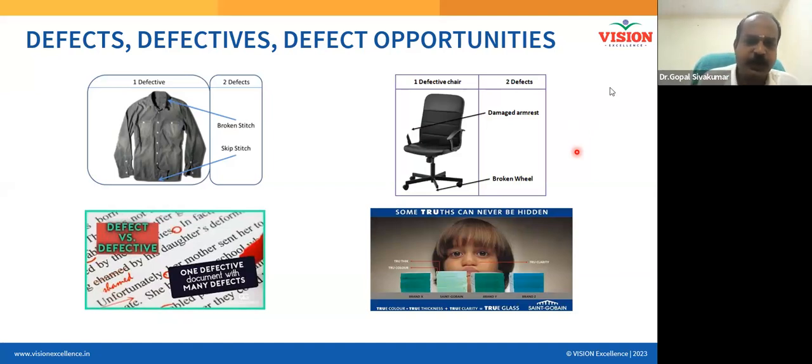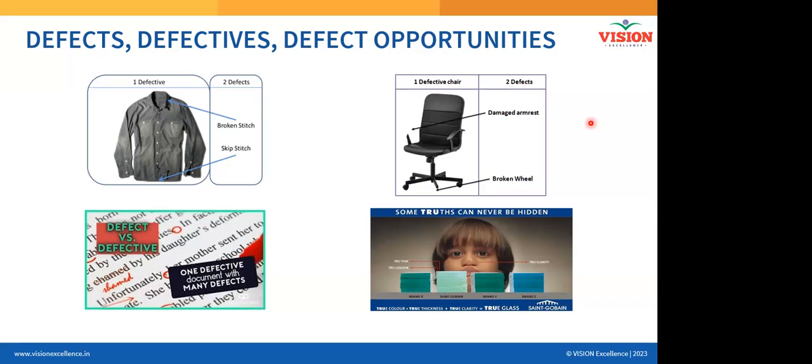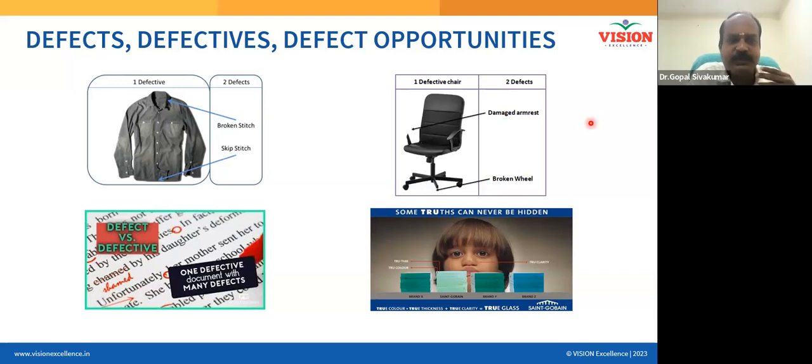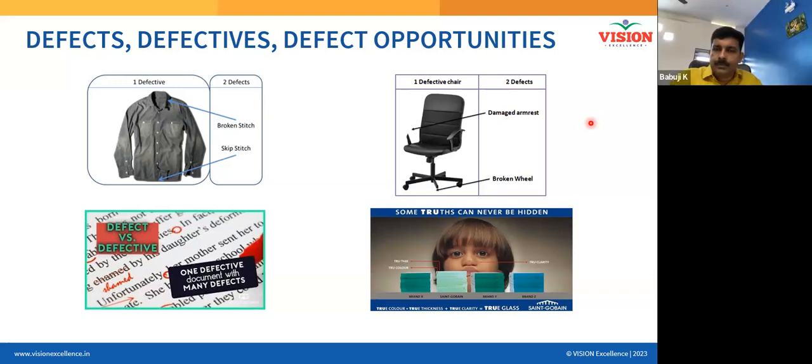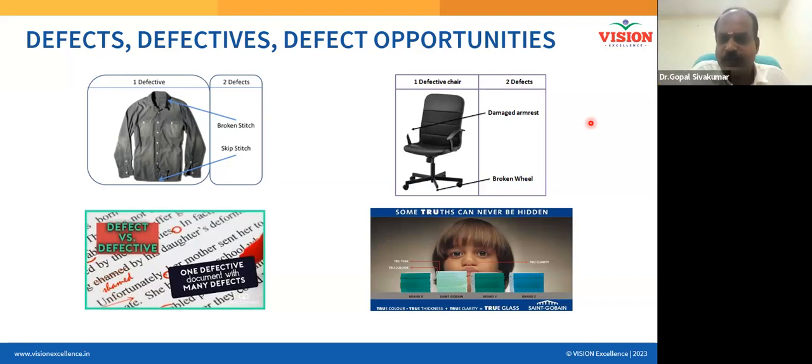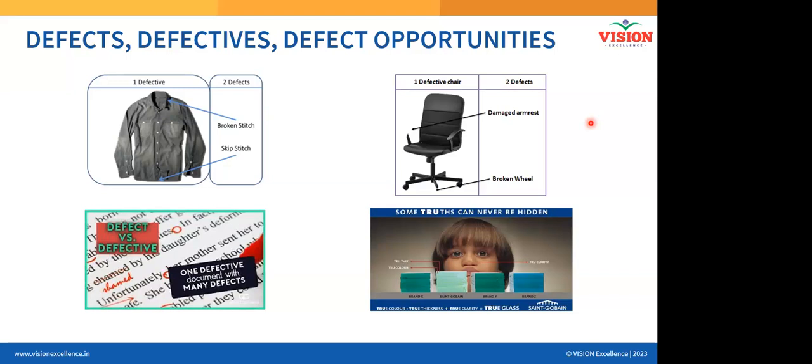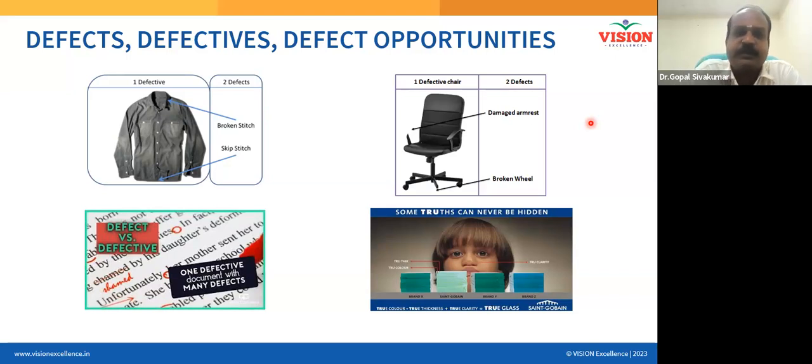And similarly, the third product. This is a glass, your car windshield. Do you think your car windshield will have some CTQs, critical to quality characteristics? Yes. What are the customer requirements? One should be able to have a clear vision. Visibility, yes, of the road through the windshield. First of all, the vision must be clear. Then it should have UV protection. UV protection, okay, that's a customer requirement. How good is it at protecting against UV rays?